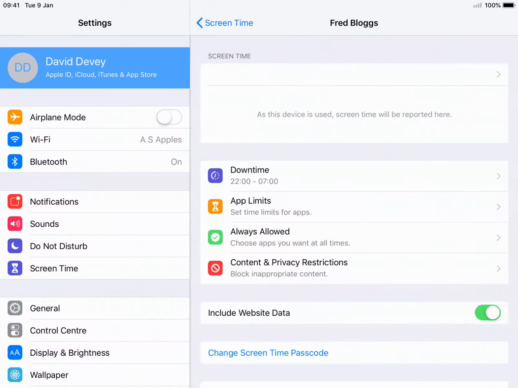Now it's important to bear in mind first of all that this is only the first iteration of screen time management in iOS 12, so it's not as full featured as perhaps I was hoping, but nevertheless it is still quite useful. So the first one you've got down here is downtime,